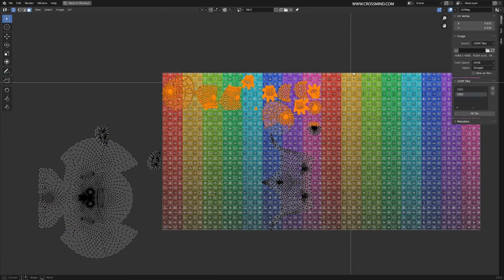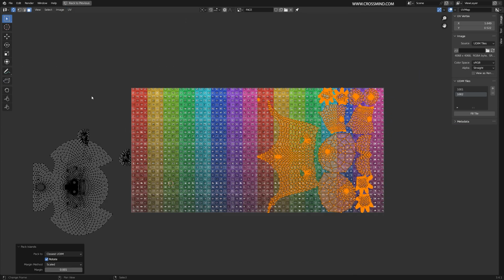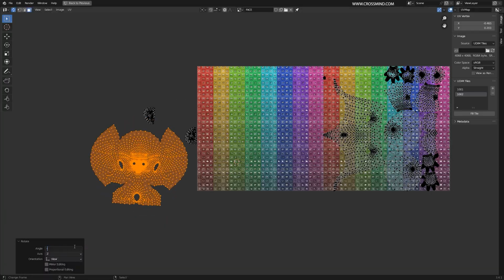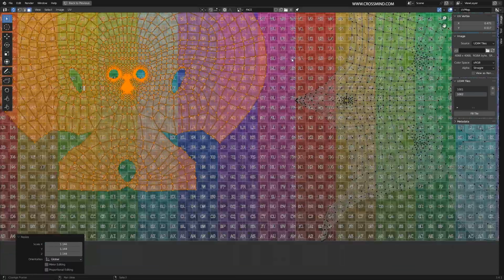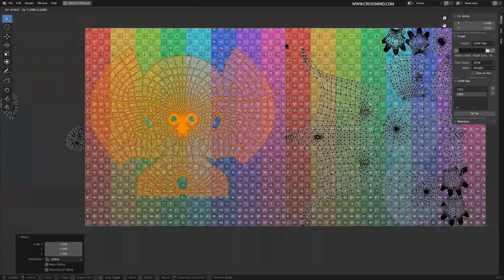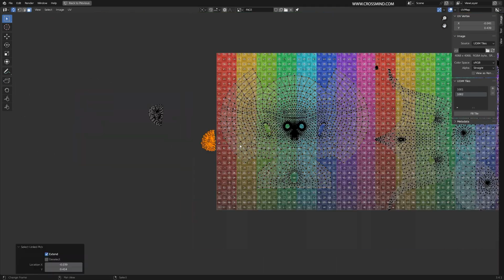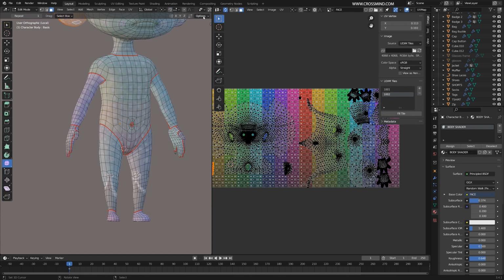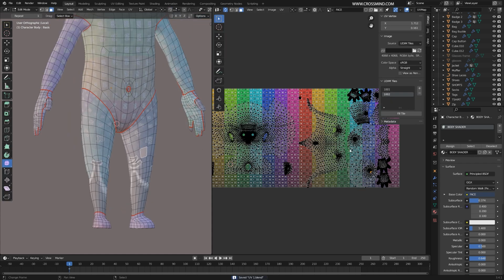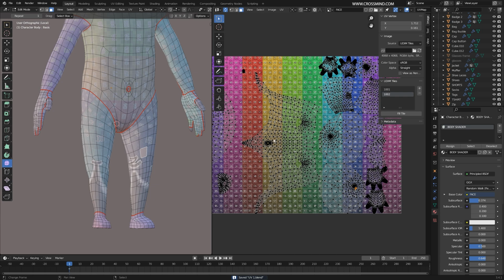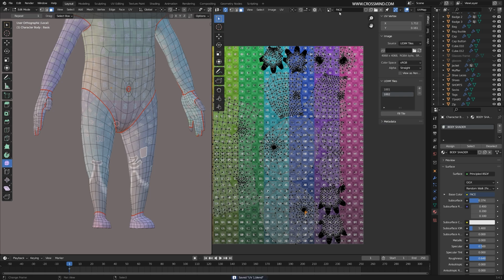the second UDIM. So every time we make a new seam, it's going to reset the layout or make changes in the layout because our live unwrapping is enabled. So I'm just going to disable that in a moment. I'm just going to disable live unwrapping so that any changes I do now won't really affect the layout. We just need to make a few more seams in the legs.